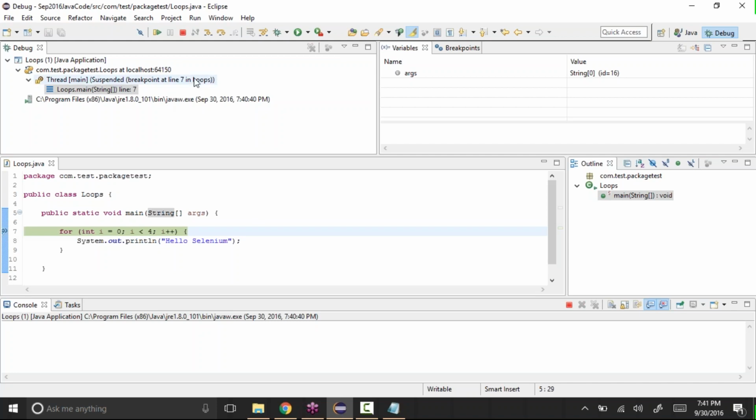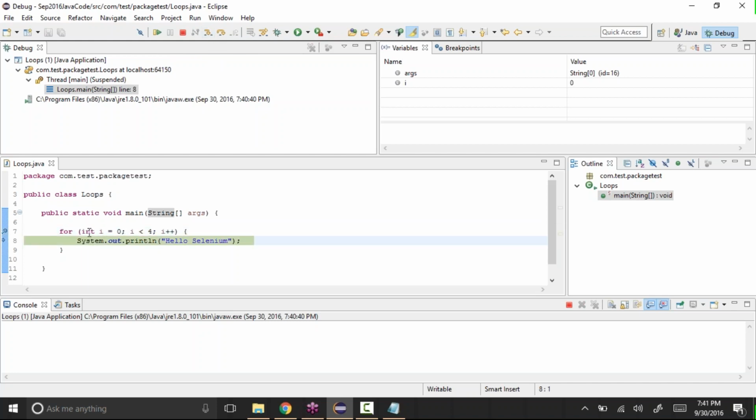Now, if you click on this green button, it will resume and continue the execution. But let's say we want to run step by step, line by line, without executing everything at the same time. You have something called step into and step over. For now, let's use step into. Step into will execute that line of code and go to the next line. Either you can click on this step into, or you can press the F5 function key. See, click on this.